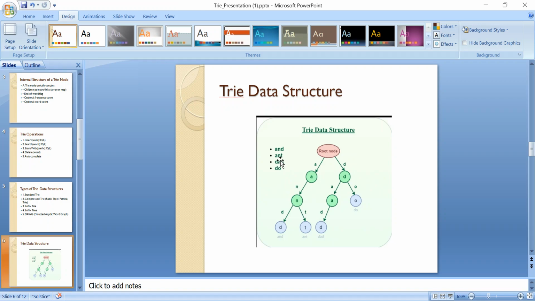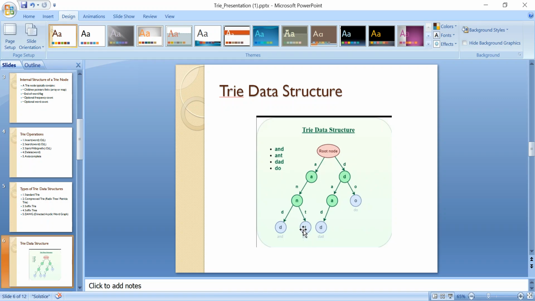It's easy to implement, it's easy to search, and delete is quite easy. So how are you going to delete in this? So for example, you cannot remove the nodes, right? They are pointers, right? How are you going to remove? It's quite a headache. So let's suppose you want to delete and. At the end of this string you will see its color that shows it's true, it's a valid string. So if you make it false,